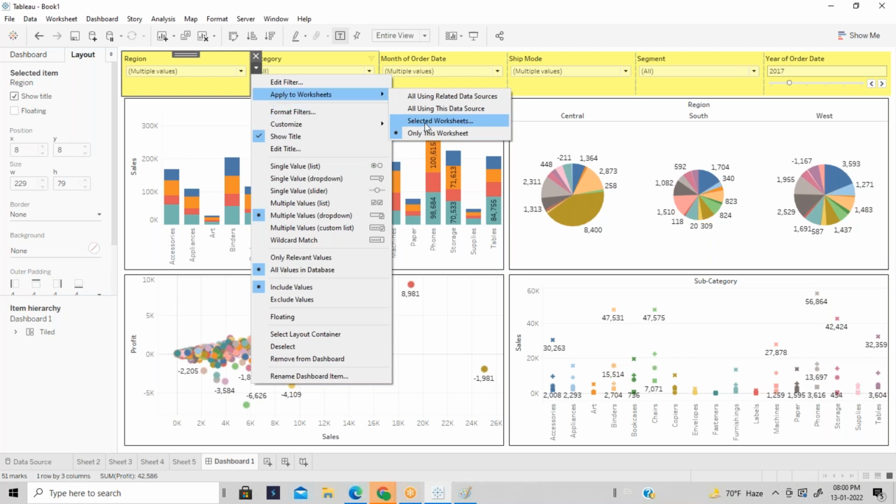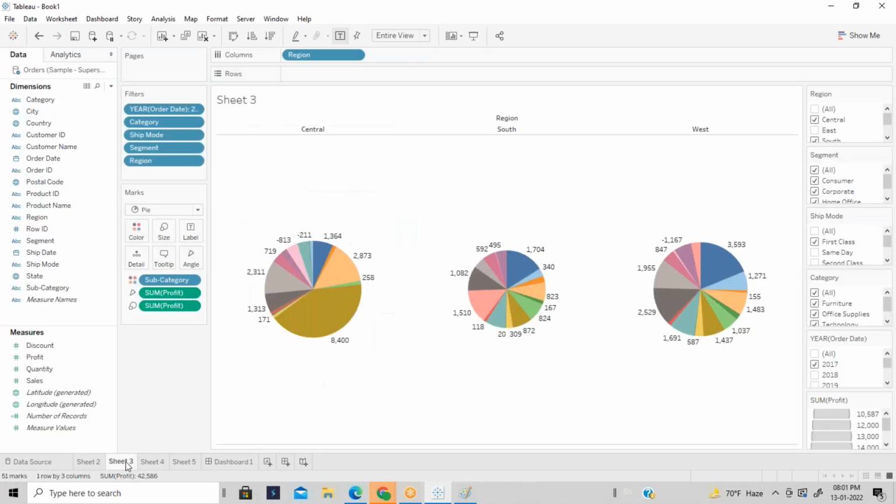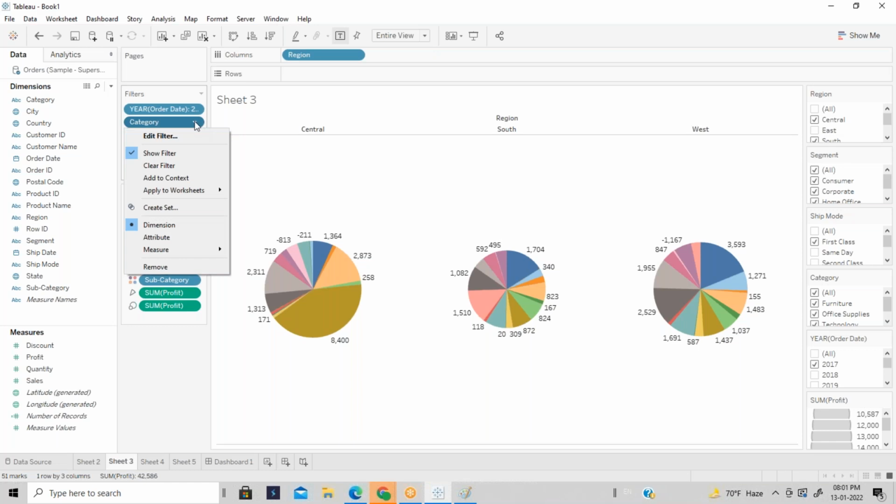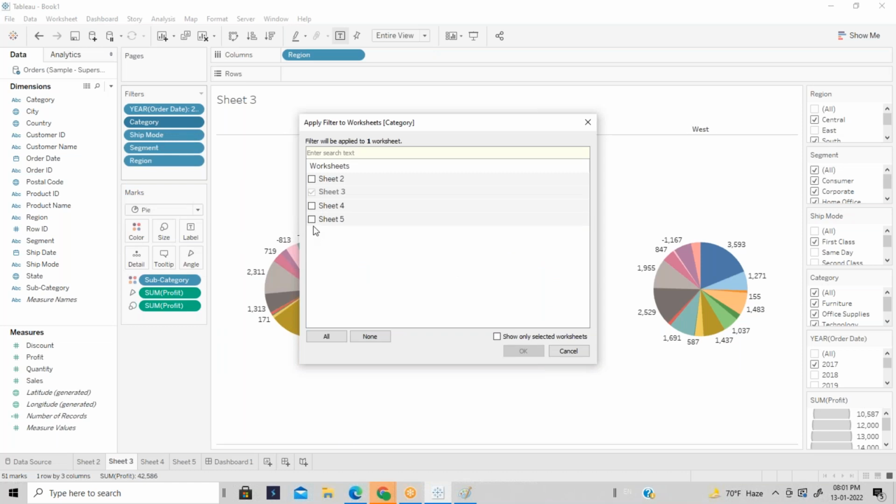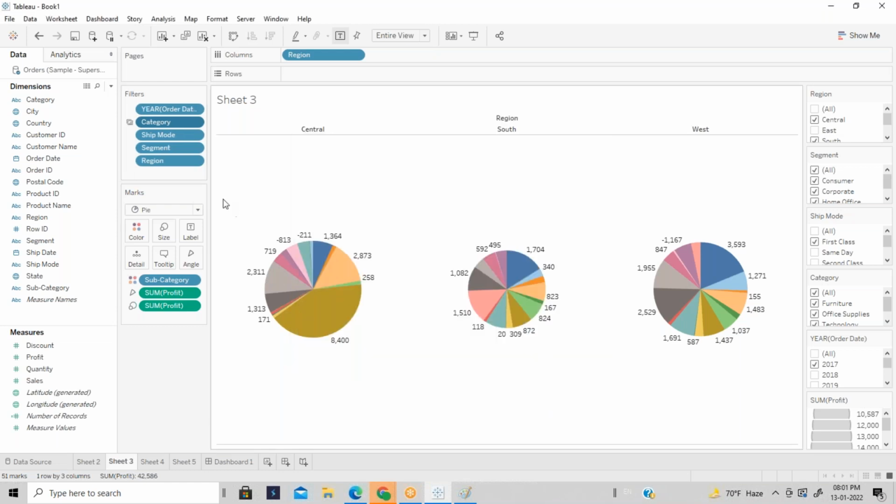Click on that. That means you are going to share this filter with multiple worksheets, because this filter which I created is only in sheet number 2, nothing but sheet number 3. Only in sheet number 3 I created this filter, right? But these filters should apply to all the worksheets. Then what you can do, go here, apply to selected worksheets. Select the ones which you want to apply it to. So I just want to apply it to each and every sheet.